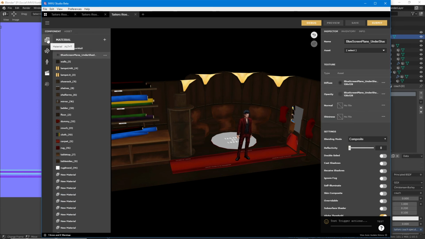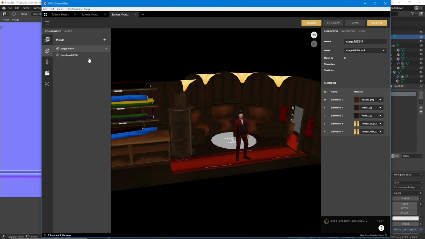These two things, they are no longer associated with our mesh. But that is a very long-winded way of fixing that problem,